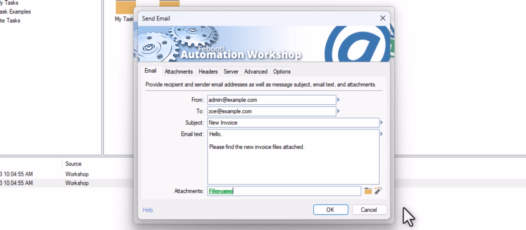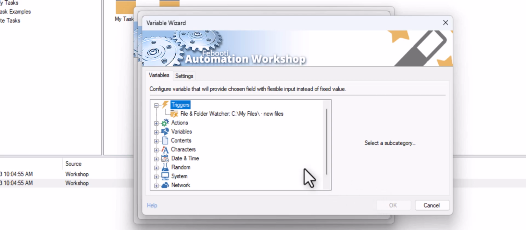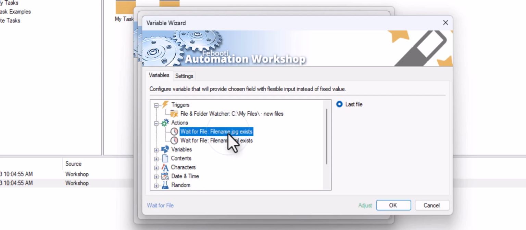Multiple files are separated with a vertical bar character. I will take the JPEG file from the Wait for File action. File actions consistently provide the file names they work with.